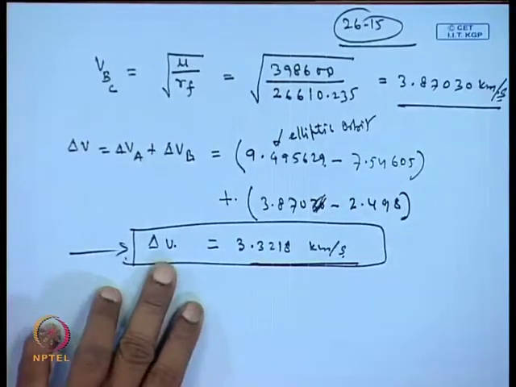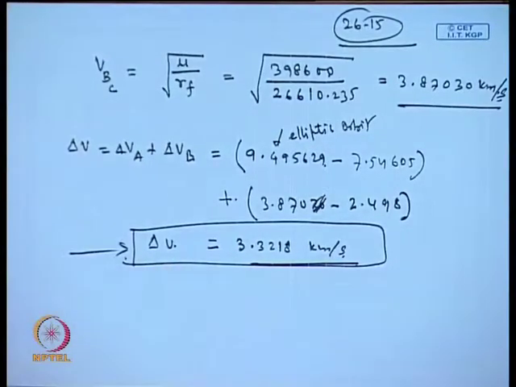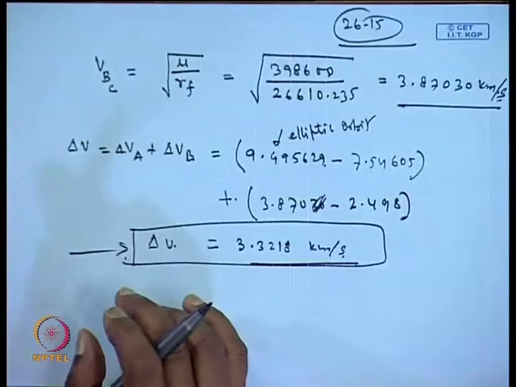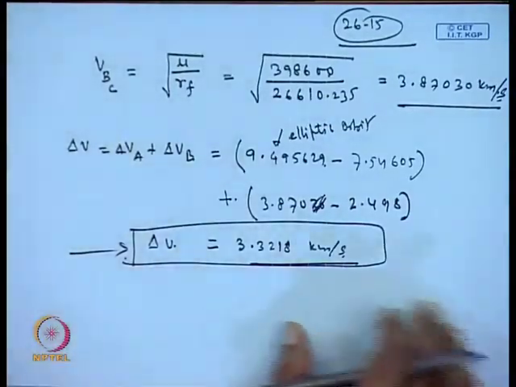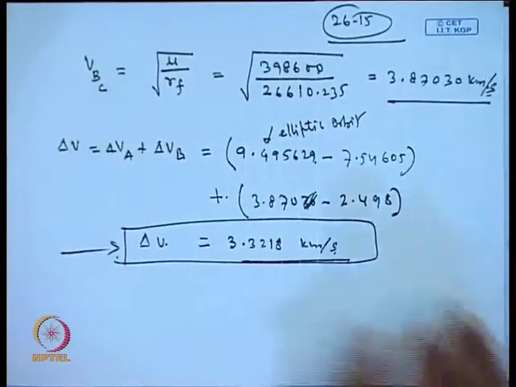Now, once you know this velocity, it is easier to calculate the amount of propellant required by the equations we have developed earlier. So, this very simple problem gives a lot of information about the discussion we have made earlier, and it clarifies all the points numerically.